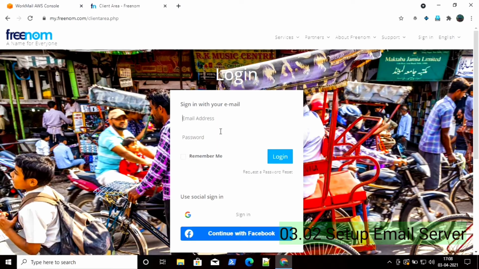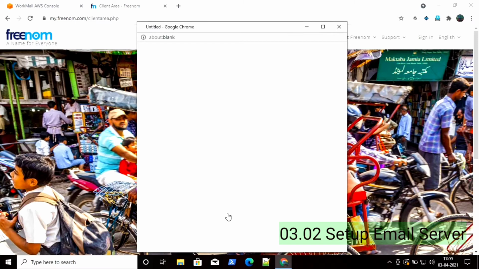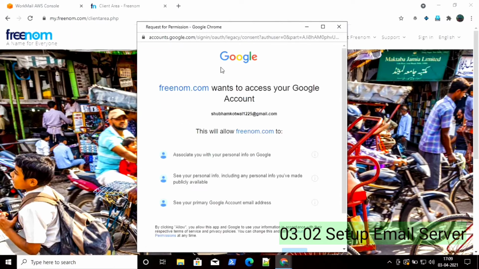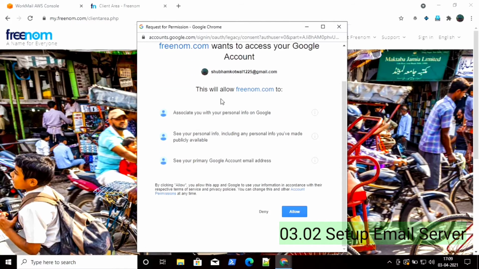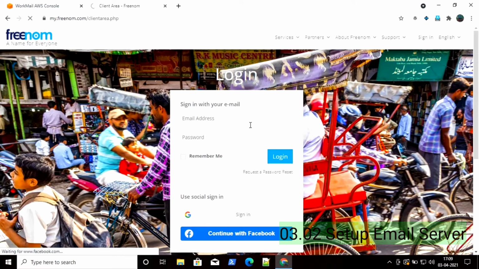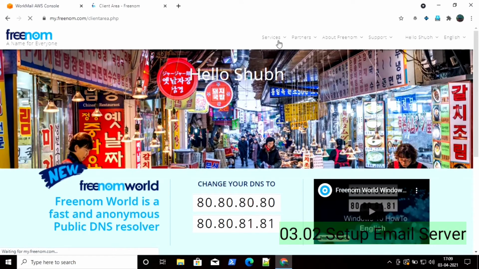I have used social sign in by Google, so I am simply clicking on the sign in button in front of Google. Choose your Google account from which you want to log in. So this is my account. Here give it permission, click on allow, and you are successfully signed in.